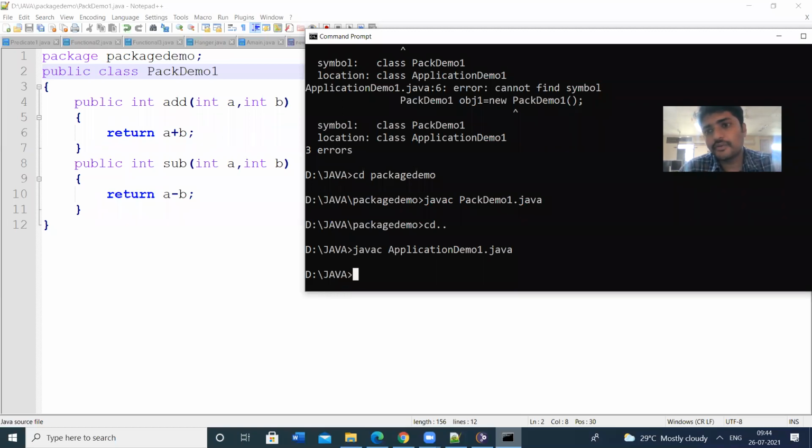While creating our user defined package, we have to be very specific about the access specifiers. We have to use all the classes and methods as public, because we are going to import that package, its classes and methods, into our program. Otherwise there would be access restrictions. So we have to make the classes public. Let us run this one.